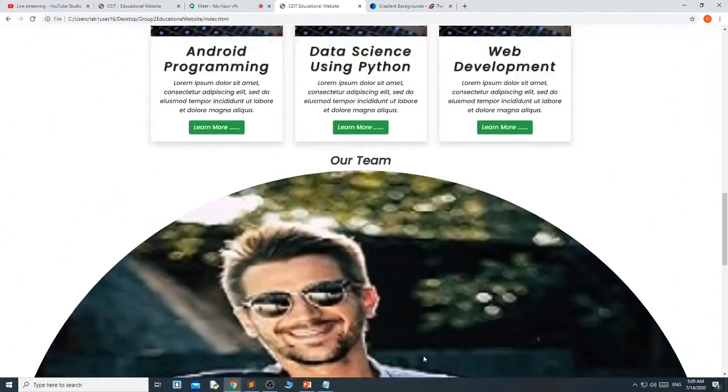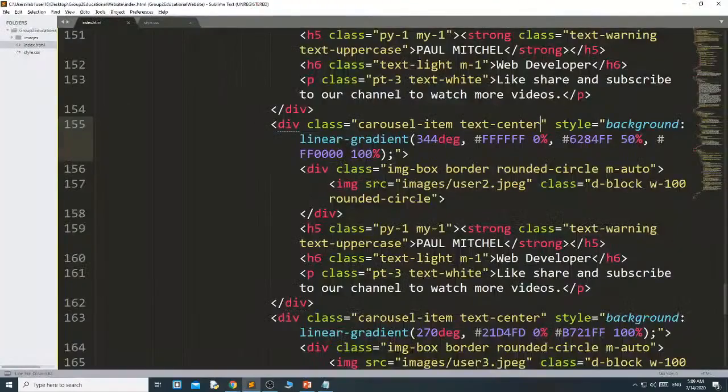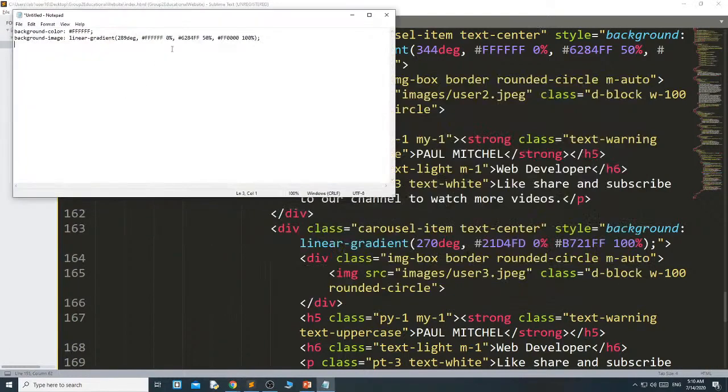This is why it becomes white color, why it does not get the color. 270 degree, 21D4FD and B721FF. If it is not getting this color, then I will give this color.